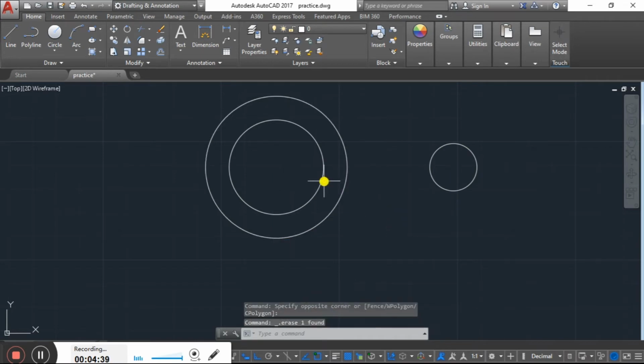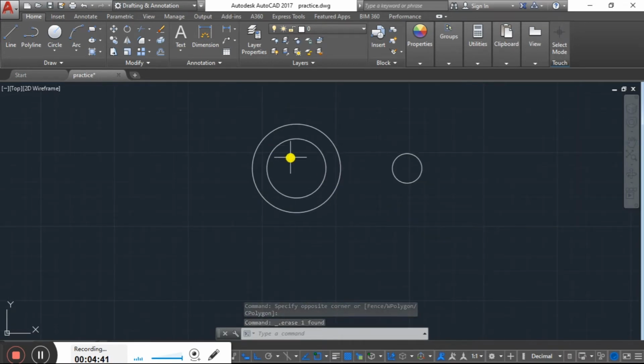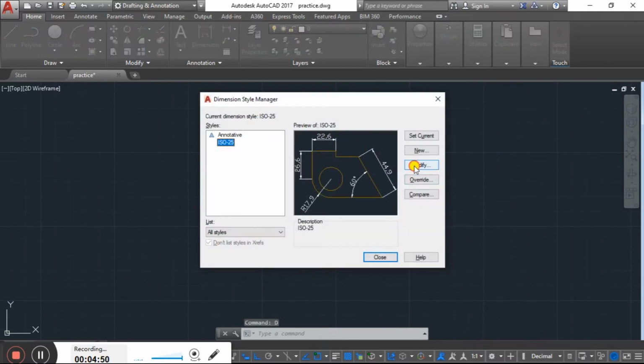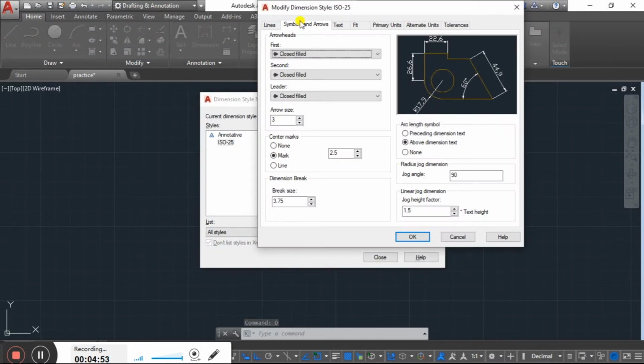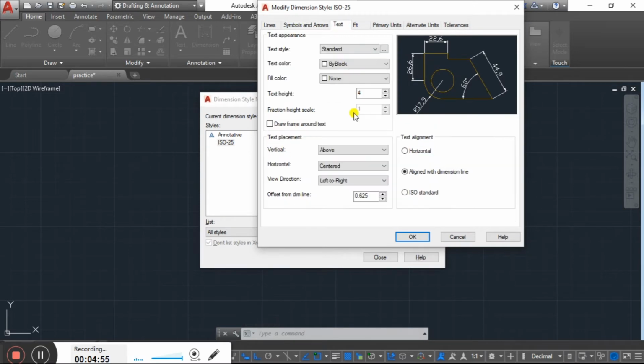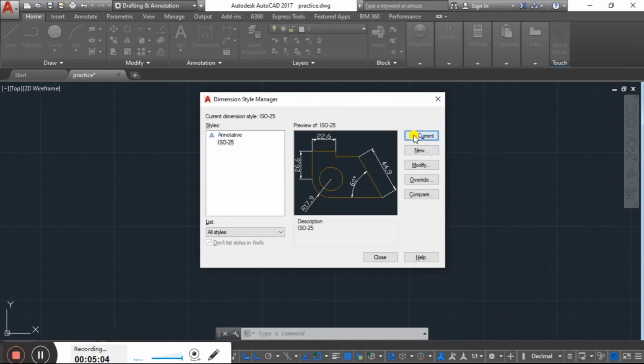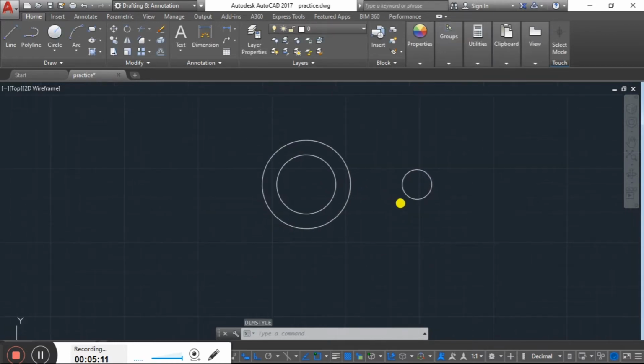I have also created default dimension styles. By pressing D and enter, you get the dimension style manager box. In it you can go to modify and check the size of the arrow, the size of the text, and under primary units you can change the precision. I have done all these things, set, and made it current. You can also create your own new ones from here. I'm just closing it here.